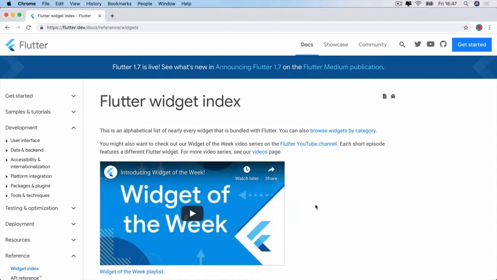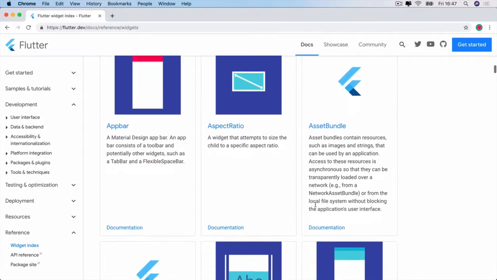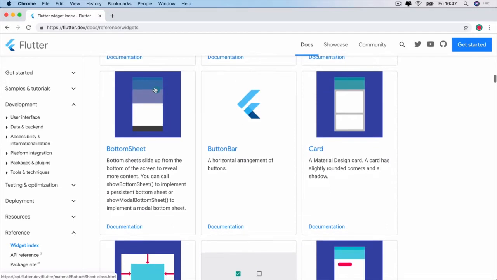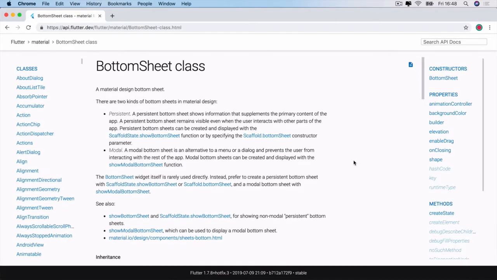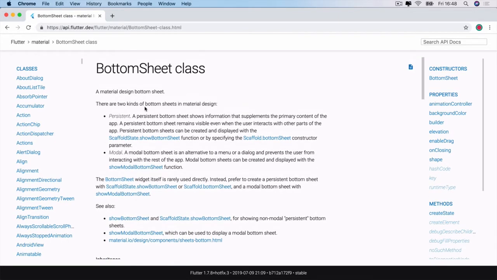Now, if we head over to the Flutter docs, and if we take a look at the very bottom, our widget index, and you can scroll through and you might come across something called a bottom sheet. So bottom sheets slide up from the bottom to reveal more content. That sounds pretty much like exactly what we want, right? So let's click on it to read a little bit more. And it tells us that there's two kinds of bottom sheets. One which is persistent, so something that shows information that supplements the primary content, so a little bit of extra content,